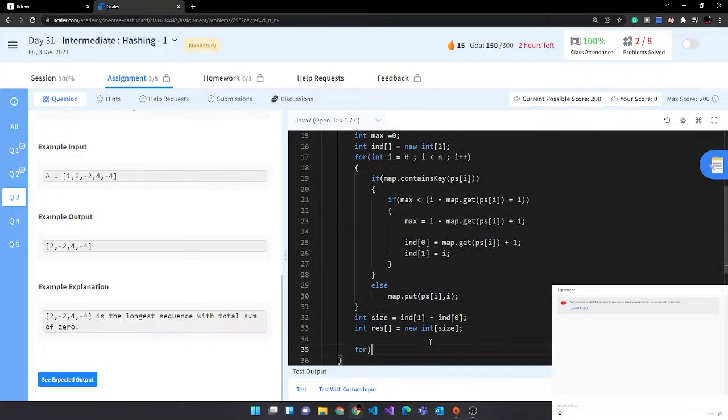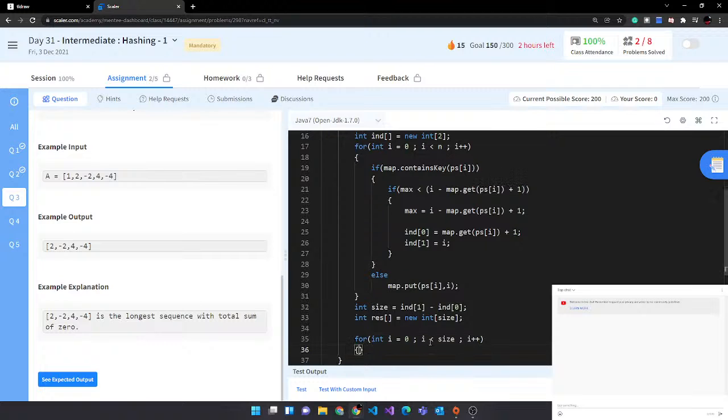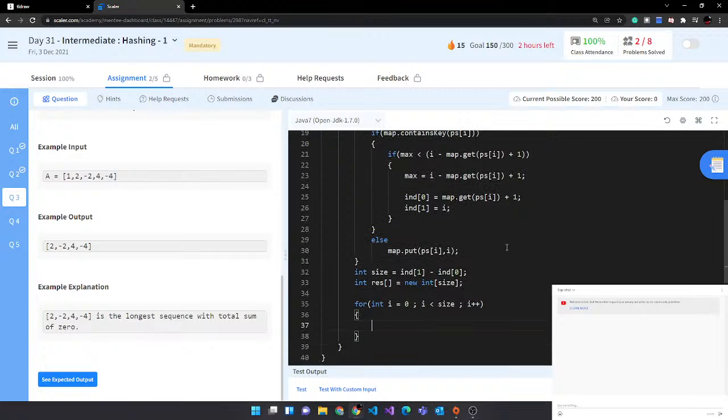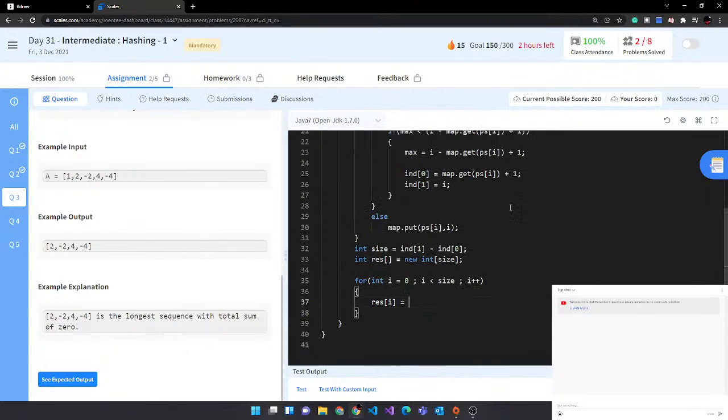So for int I is equal to 0, I is less than size, I plus plus, but will it be inclusive? Less than or equal to, right? Okay, let's just fool around and find out. So result of I is equal to A of I